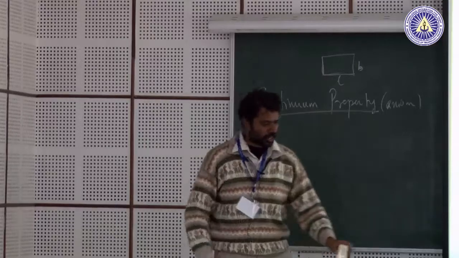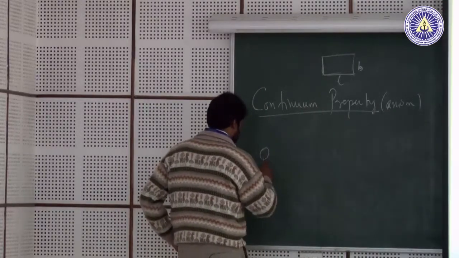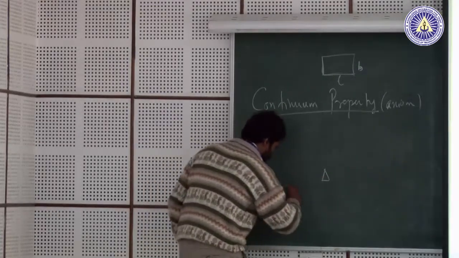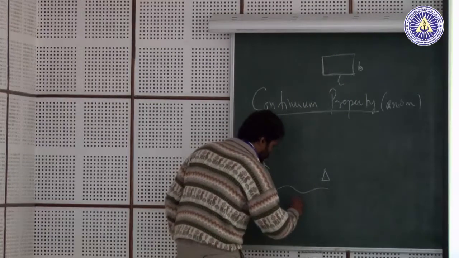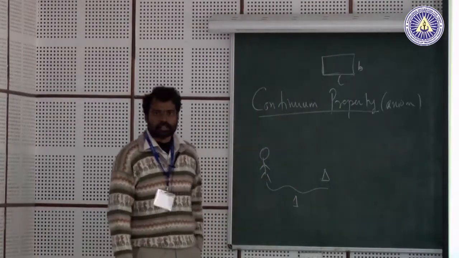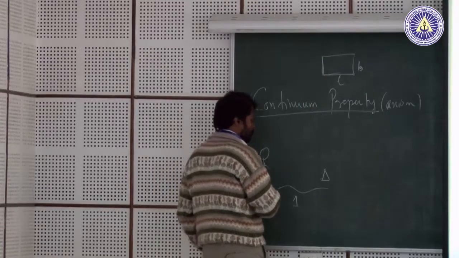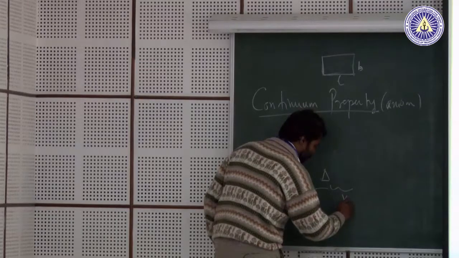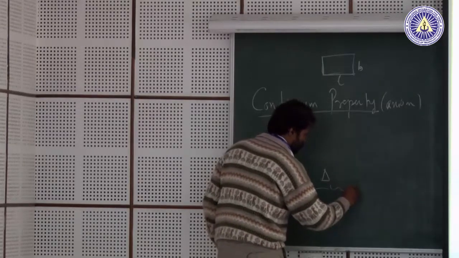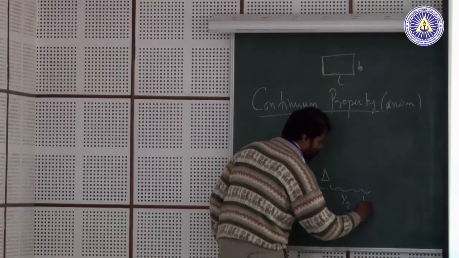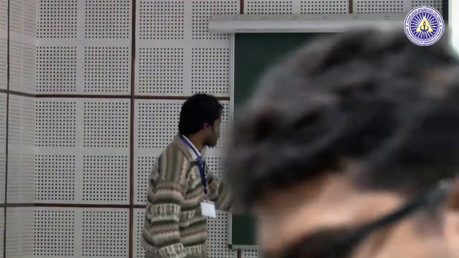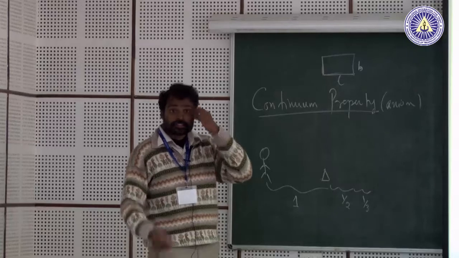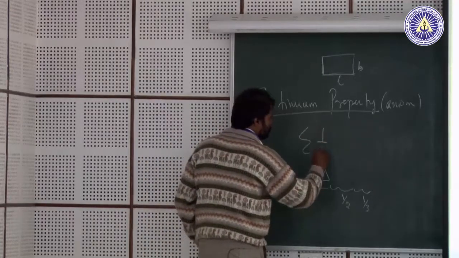For instance, Zeno's paradox that I talked about, Achilles and the tortoise. The tortoise had a start. Suppose for some reason the initial gain that the tortoise gets is 1, and suppose every time Achilles reaches the tortoise, that guy has moved only by 1 by n, say here 1 by 2. When he reaches 1 by 2, this has moved by 1 by 3. If this is the distance which the tortoise can manage, then this guy can never overtake the tortoise, and this is what you study as the divergence of the harmonic series,